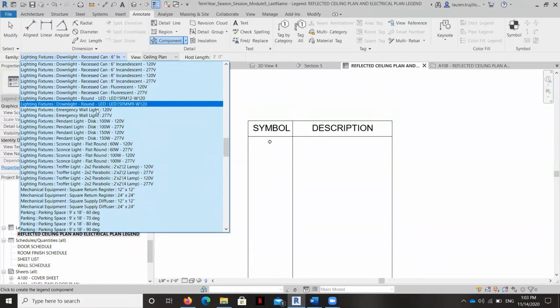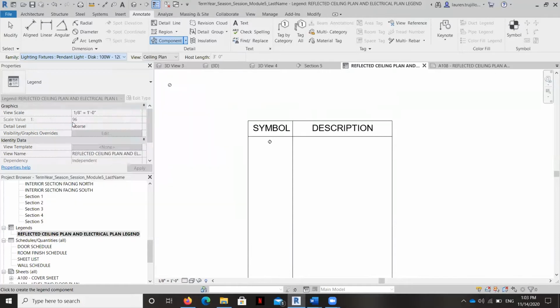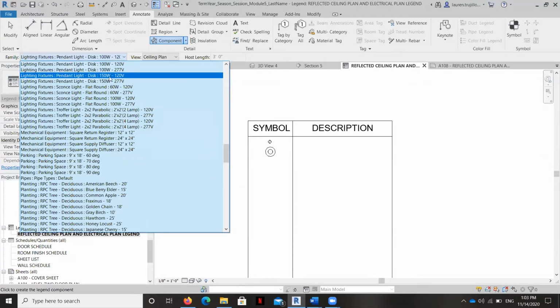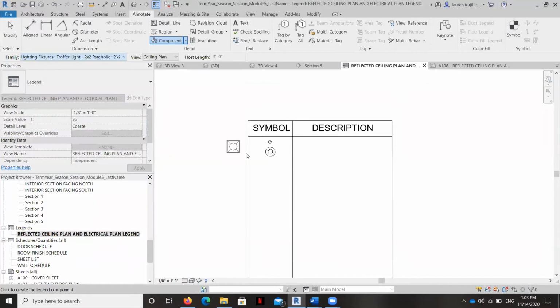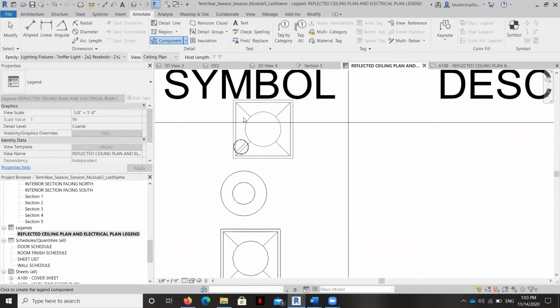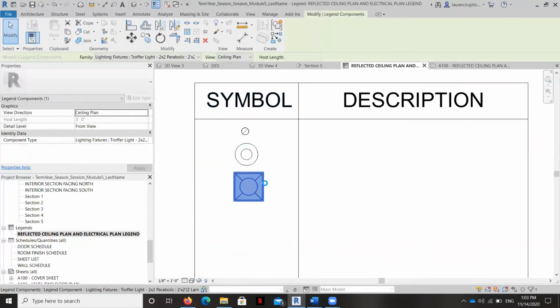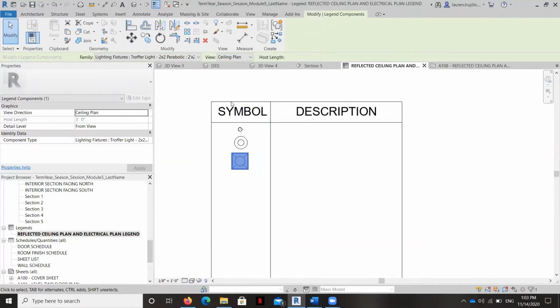We also have a pendant light. Notice how it's going into alignment right there. They're centered. We've got mechanical equipment. We've got the fluorescent light. Now notice they're getting a little bit wonky. So what I would end up doing eventually is just drawing a detail line down the middle and aligning all of the elements here.